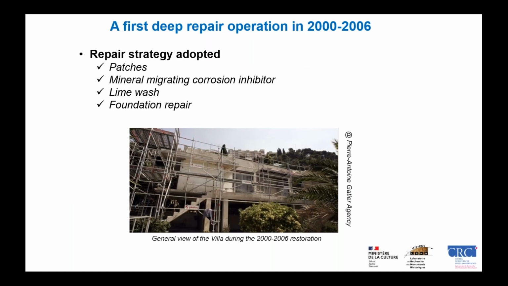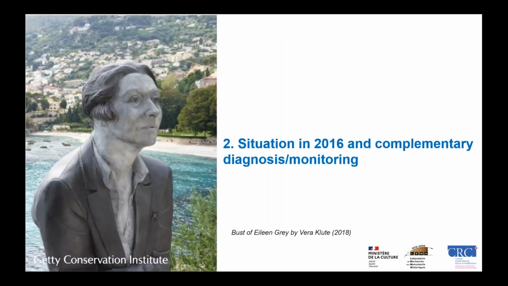So there was the first deep repair operation in 2000, and the repair strategy adopted was to apply some patches. A mineral migrating corrosion inhibitor was applied, and the lime wash as a finishing and the repairs foundation. In 2016,